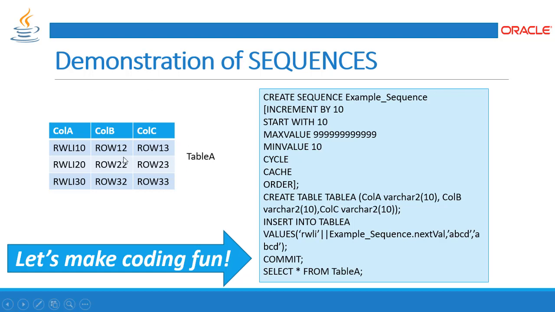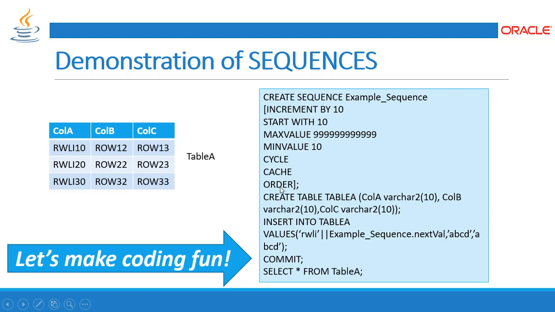Here I'm going to make a table A which has column A, column B, column C, where column A will be my auto-generated values. I'm not going to insert them separately. I'll define it in a sequence. You can see it's like RWLI and number 10, where I am making it in 10 intervals along with some string. So if you see this sequence, example sequence incremented by 10, start with 10, max value this, minimum value 10,